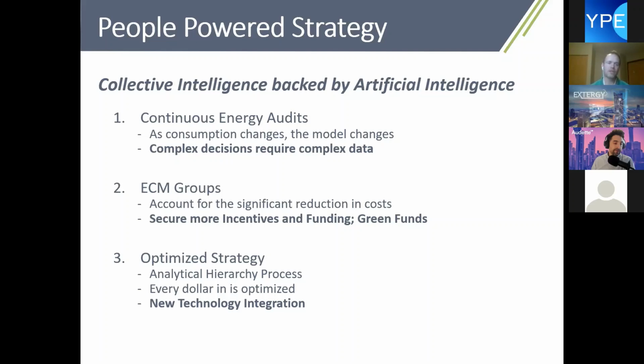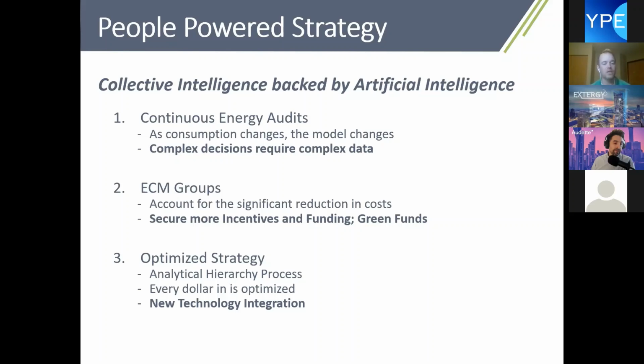Second barrier, we overcame that by creating something called ECM groups. And if you're really going to take one takeaway from Joby relative to the other two tools that we're talking about, we spent the majority of our time, because we've got that trades background mixed in with the engineers, making sure that the ECMs, or energy conservation measures, are actionable. So we do a lot of work around ECM grouping and making sure that as the energy model changes, we can actually change the pricing of the projects. We've got some models around what things should cost, where, etc. That's the second part of what we were looking to address.